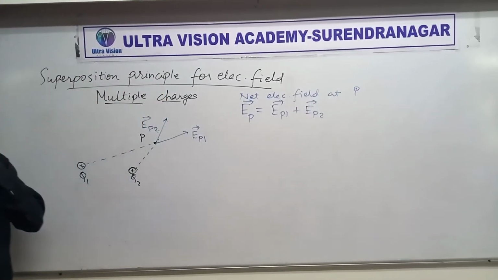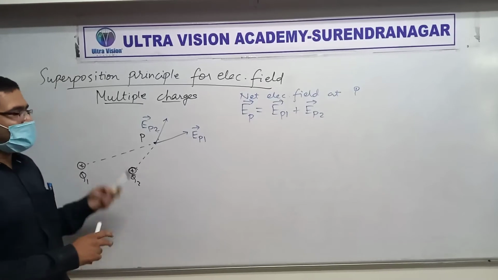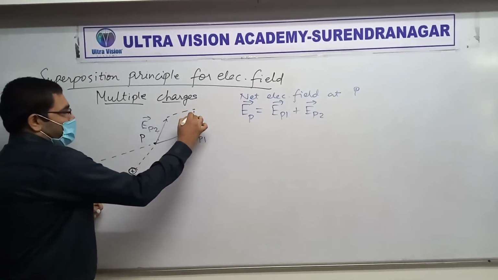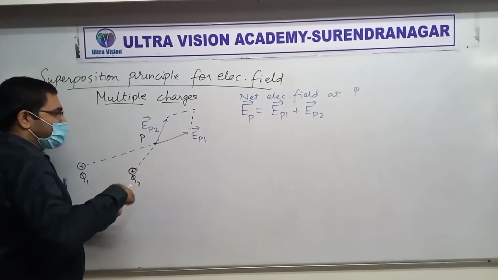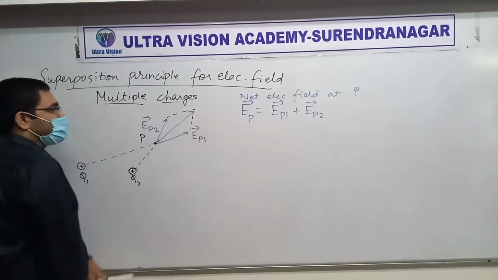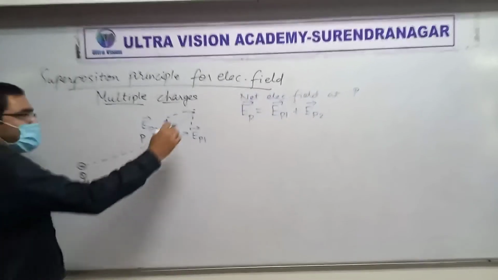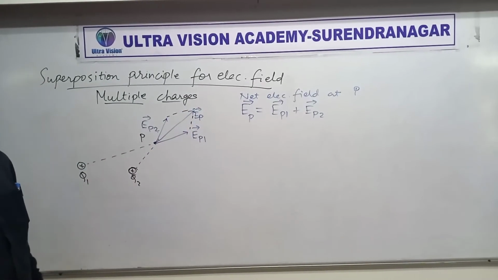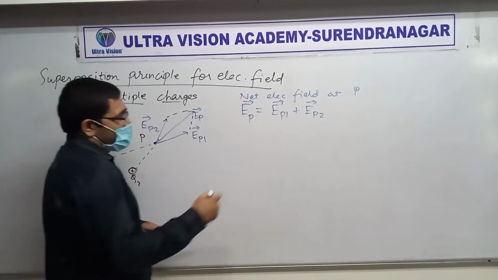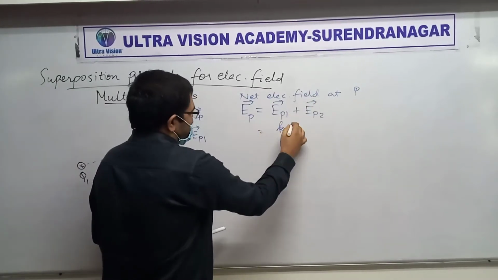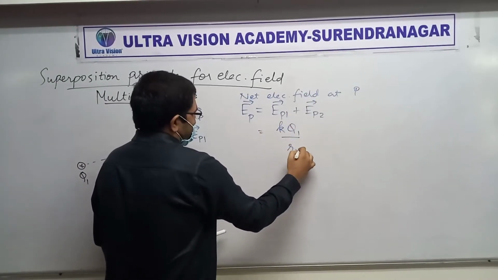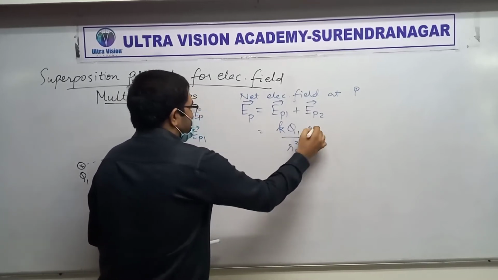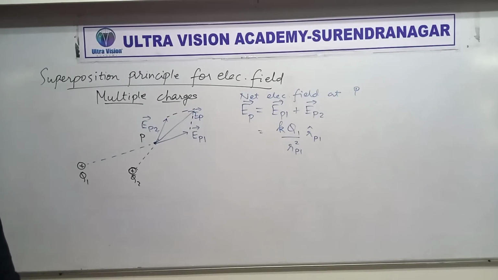So EP1 vector, EP2 vector, and so on. If there are 3, there will be one more element. So you can always find this by the resultant. Do you remember that? Okay, so that will be EP. Further, if you want to specify all this, you can write it like this as well. Does this make sense to you?